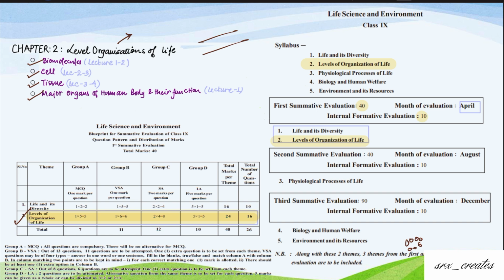We will try to complete this chapter, because in this chapter we have to skip many things, and read and learn many things also. Then we will jump to major organs, because major organs is our first priority in this chapter. We will start with major organs, then shift to biomolecules, because we have to complete biomolecules in this particular video, and then move to the next video to revise the concepts we have gone through. Lecture 2 will be the revision lecture. Let's start our topic.